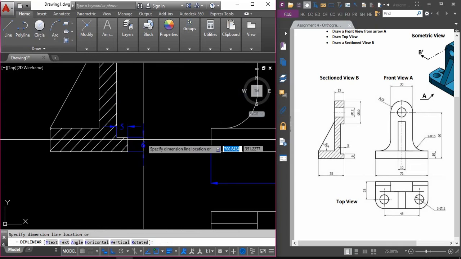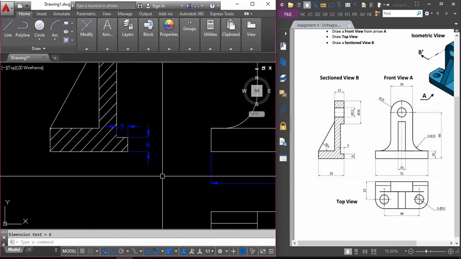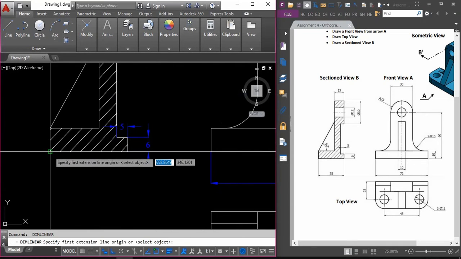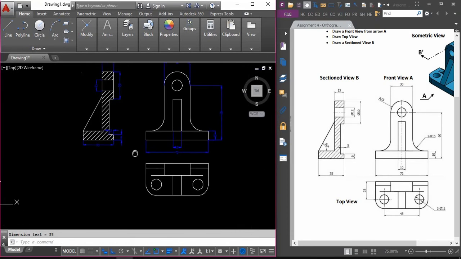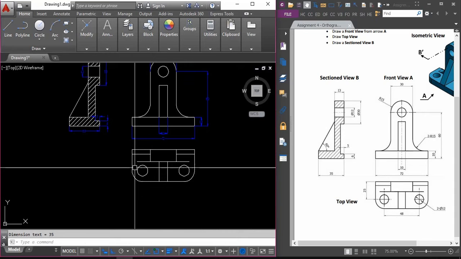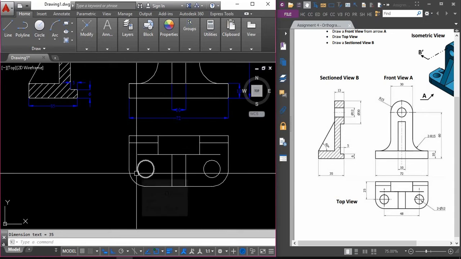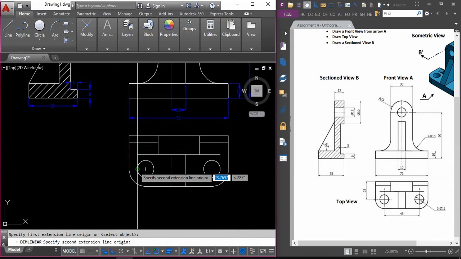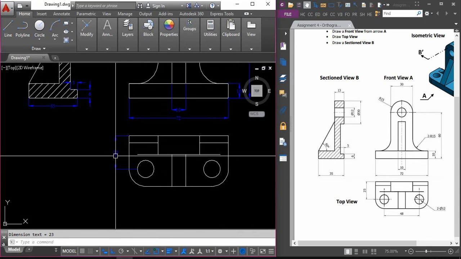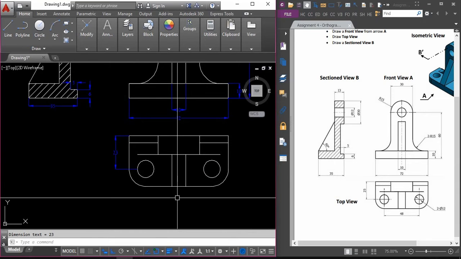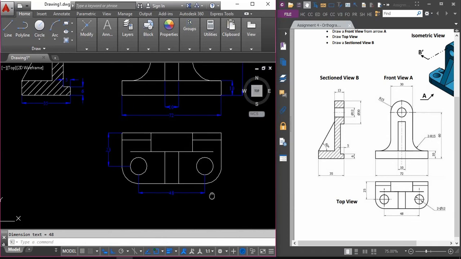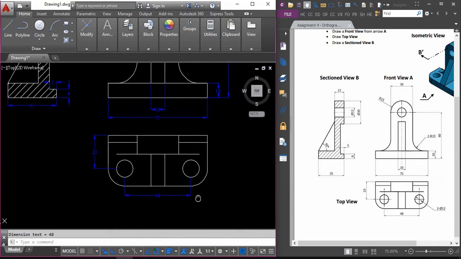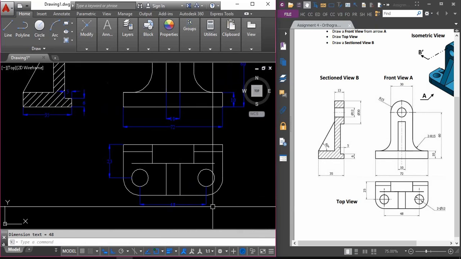From here to here 6. From here to here 35. From here to here 23. From here to here 48. Okay, we finished with the linear, so we go with the